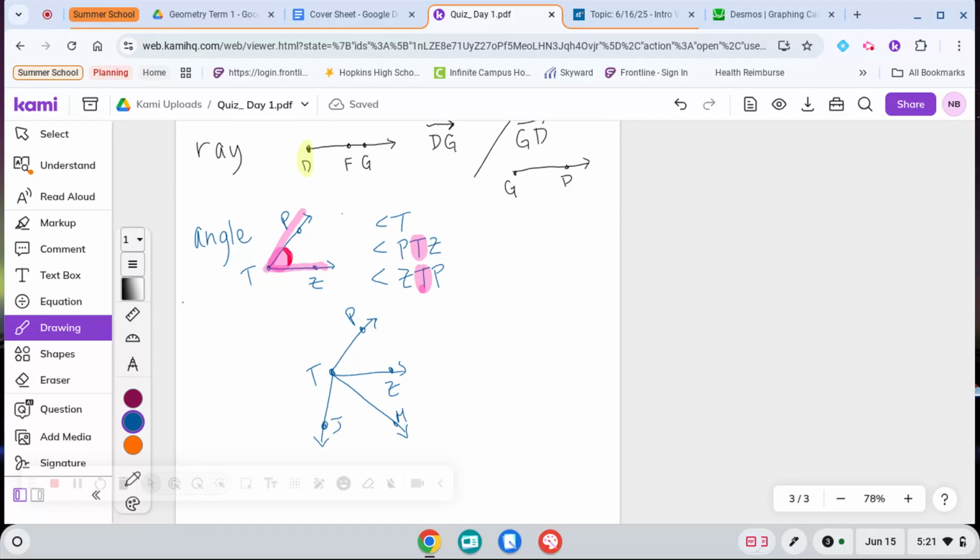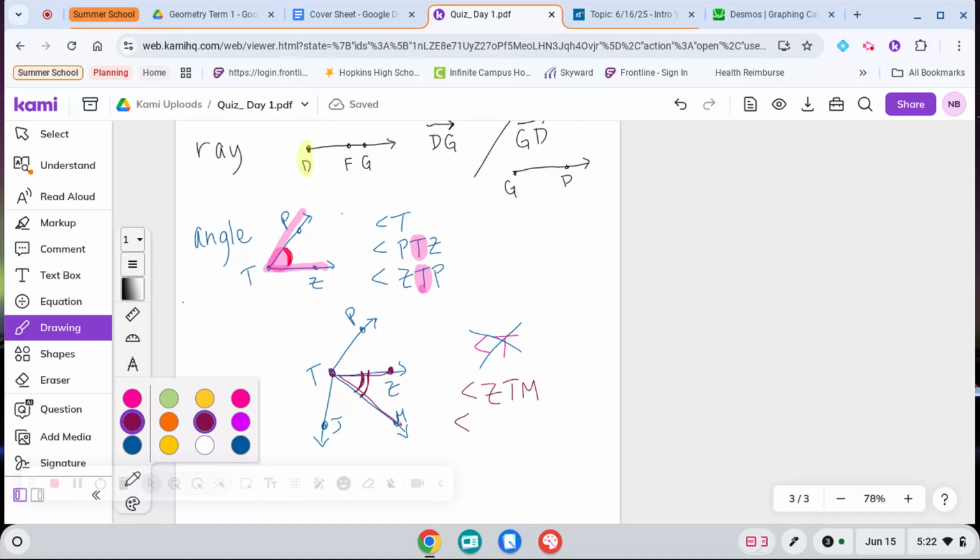If we wanted to name, in this instance, let's say we wanted to name this angle right here, what we would have to do is, okay, we can't call this one angle T, because if I call it angle T, you guys wouldn't know if I mean this part, this part, this part, this part, this part. Like, you'd have no idea which part of T I'm talking about. So that will not work for this scenario. In this case, we need to label it using 3 letters where T is in the middle. So here we could go Z, T, M,